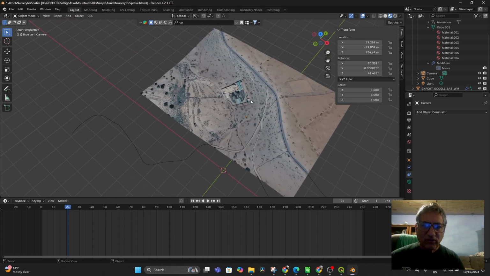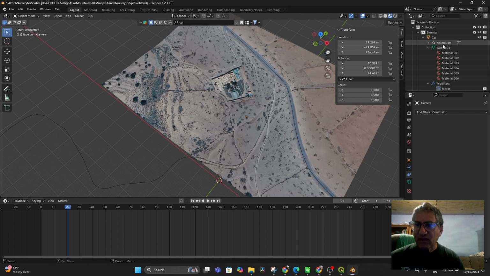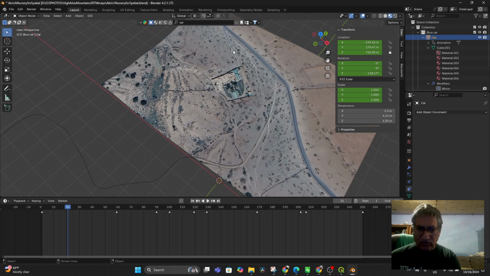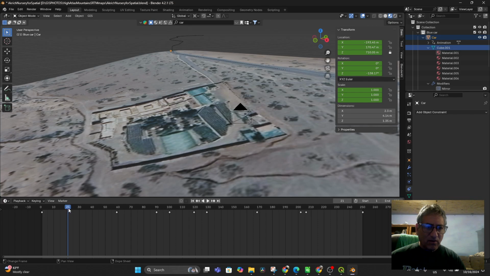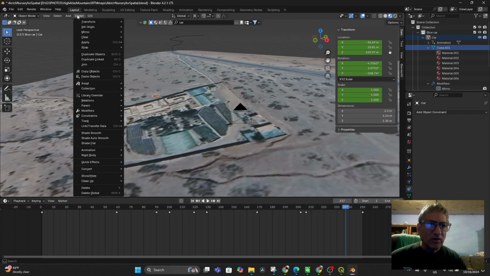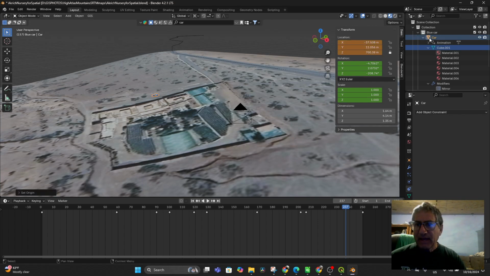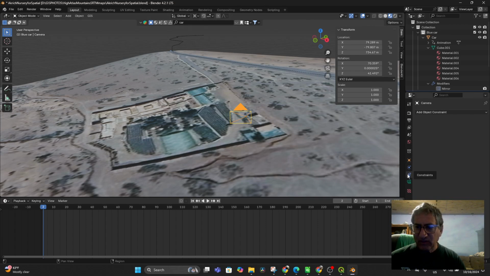And whatever that was down there, that is not what we want for the car. The car came in with a point somewhere, and that's not the point. It was connected to the car, and we don't want that. So we want to get to our car over there. Definitely our car is working, but let's make sure that we set the origin to the geometry of the car. And then when we track the car again from the camera, which is here, and set the constraint, which is track 2,